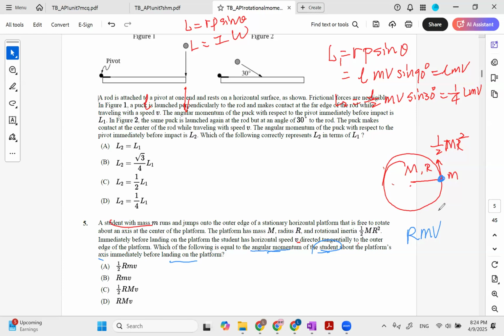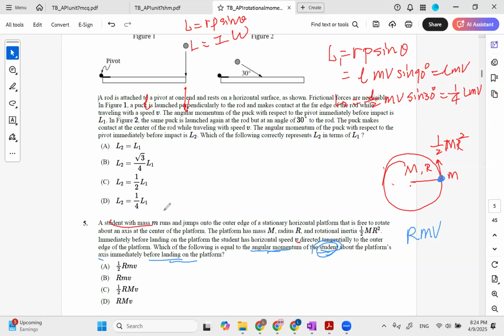Wait, but I thought the student and the platform is like one big object. Oh, let's talk about that after. Right now the question does not ask about the angular momentum of the system, including the student and platform. Right now, it only asks the angular momentum of this student before landing on the platform,